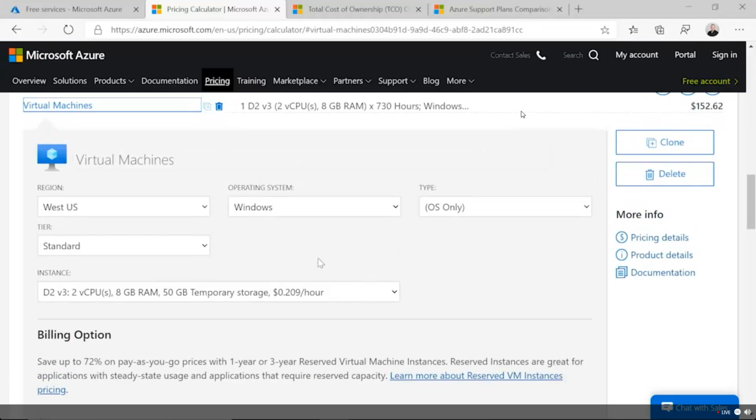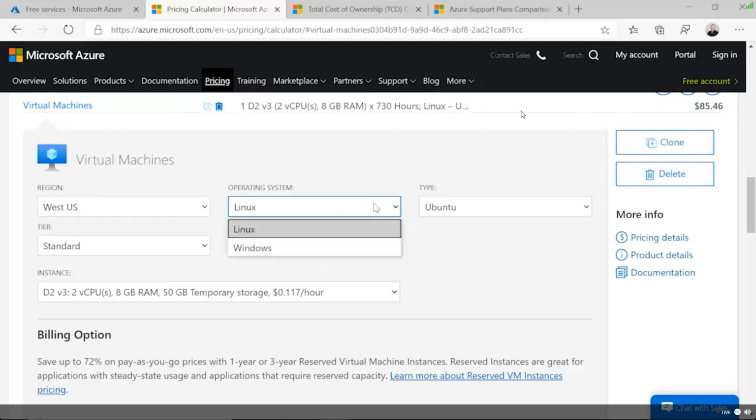It's currently running Windows. Now, bear in mind, the cost of this virtual machine reflects not only what operating system you have, but also what type of virtual machine we have. So this is Windows. What if I want to run Linux, which doesn't have a licensing cost? Notice what happens to the price. Now it's down to $85. Same virtual machine, but now we don't have to pay that licensing. With Windows, you're buying the license. Linux, Ubuntu and CentOS don't have licenses, but we have the ability to work with them.